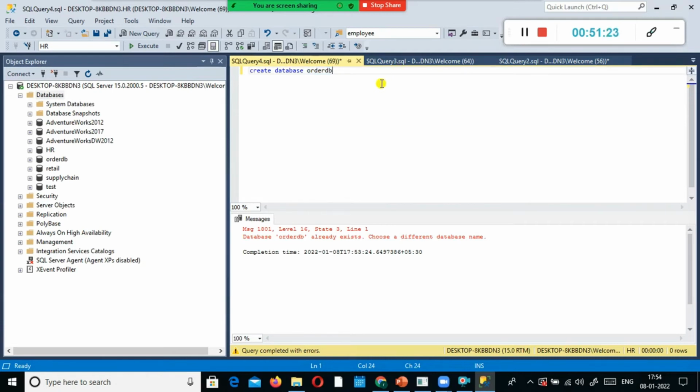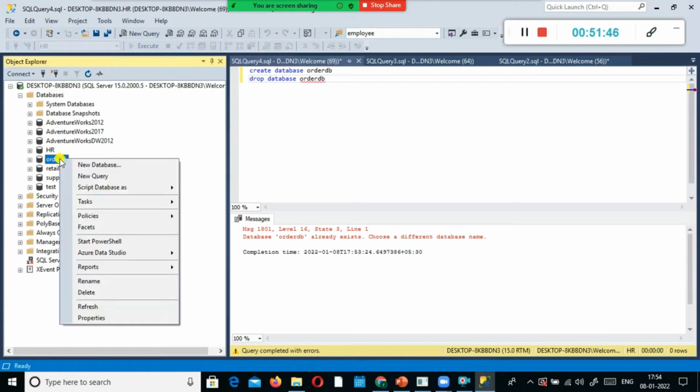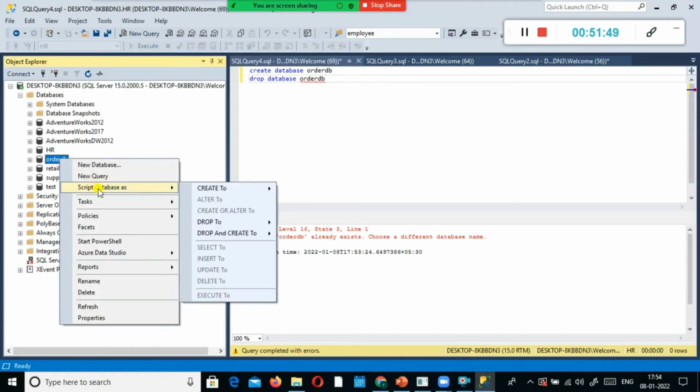The next step is, okay, so what I'm going to do is I'm going to drop the database. I don't need the database. Drop database order DB. Either you can use the keyword to drop the database, or you can just go here and right click on it, script database as, drop to, and you have create to.